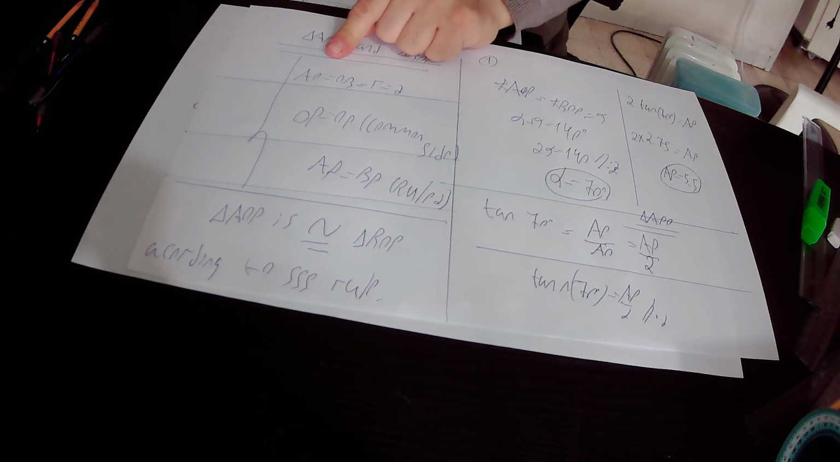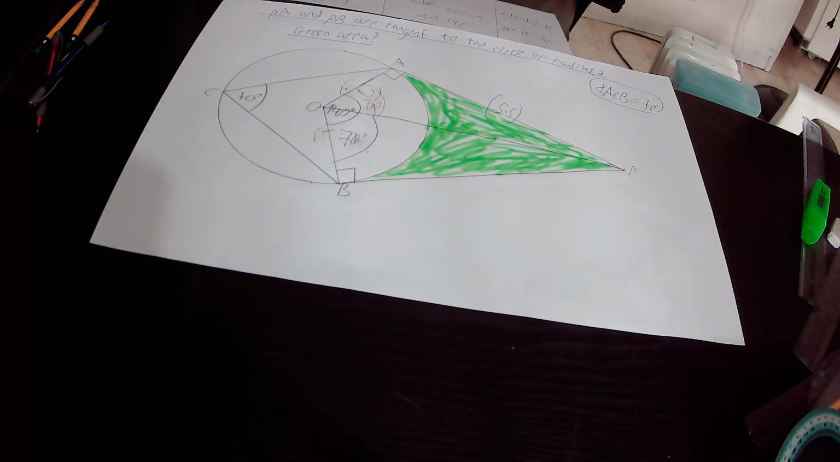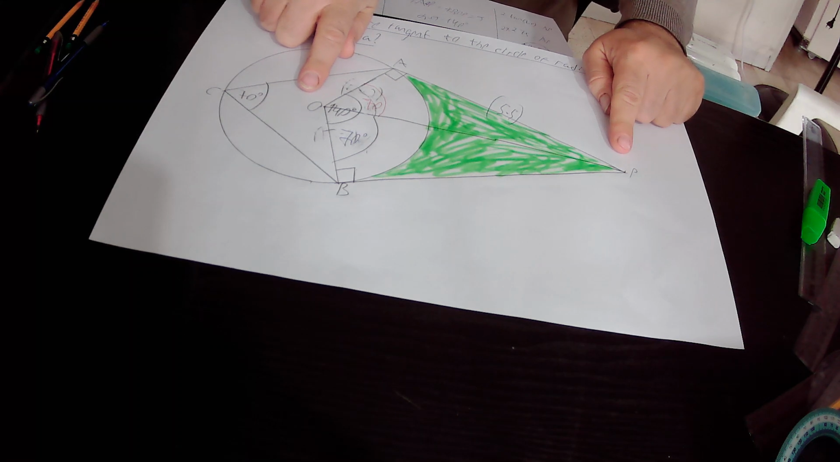Side AO of the right upper triangle APO equals side BO of the right lower triangle POB. They are both radii of the circle, therefore they are equal to each other. In addition, we have side PO, which is a common side that belongs to both triangles, so we can write down that